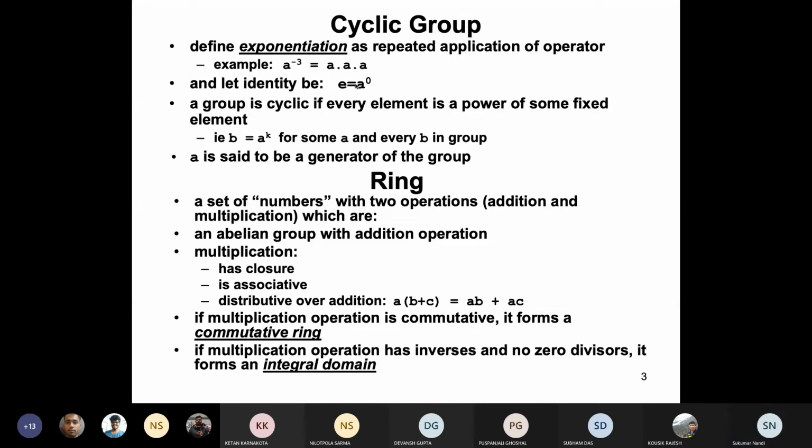There is also the distributive law over multiplication and addition: A multiplied by B plus C equals AB plus AC. If the multiplication operation is commutative, that is, A multiplied by B equals B multiplied by A, then it is called a commutative ring. If the multiplication operation has an inverse and no zero divisors, it is called an integral domain.